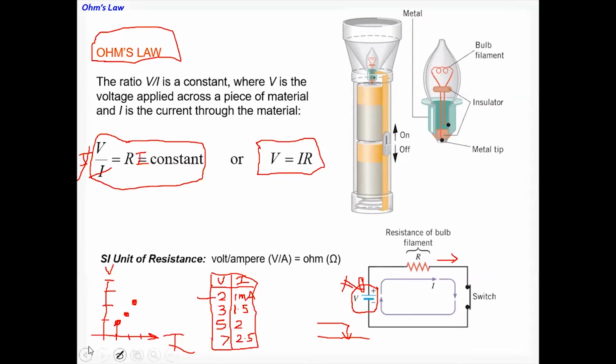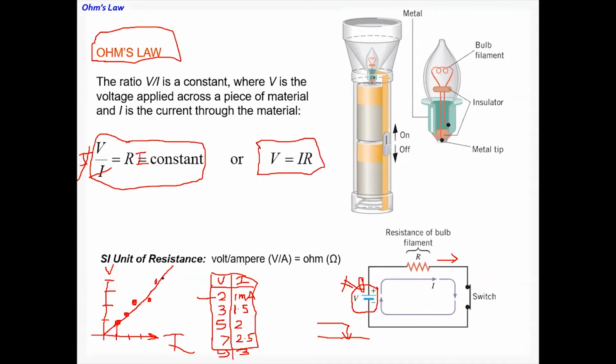So from this graph, now you try to make the straight line here. Try to connect as many as possible. Other points could be here. The next point could be here. How many points we have? 4. I don't know. You can make another point here, 9 and 3 milliamp, right? Now you have a total of 5 points here, like this. Now you draw the straight line passing through all the points. But it looks like you cannot have a single straight line here, right? So try to get a straight line that goes through the middle of everything, like this. Now you got the straight line.